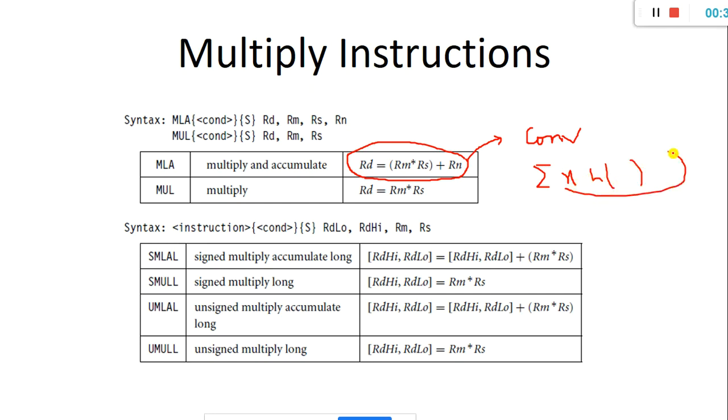You perform multiplication, that operation is stored, and then the next product is added to the previous one. Whenever you want to perform a convolution operation in assembly level programming, you use the multiply and accumulate instruction. This is one of the most important parts of Cortex M3,